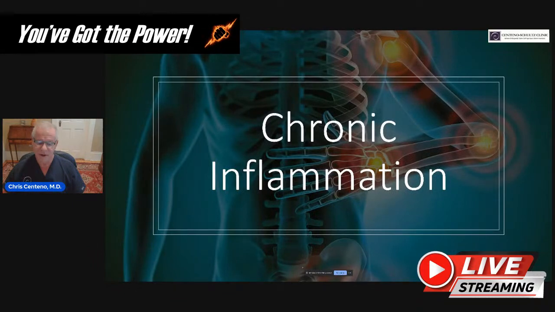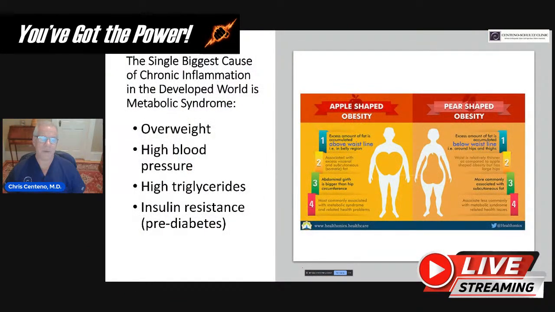And then finally, chronic inflammation. Listen, the single biggest cause of chronic inflammation out there is metabolic syndrome. So I'm not sure why we're looking for zebras when we have lots of horses out there. What I mean by